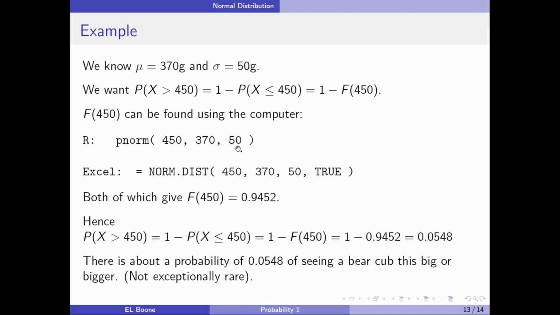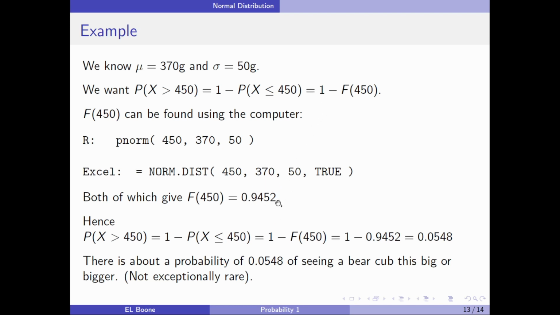The mean is 370 and the standard deviation is 50. If you're using Excel, put equal sign, NORM.DIST, 450, 370, 50, and TRUE, because it will give you the cumulative distribution function. And they both give you the value 0.9452,